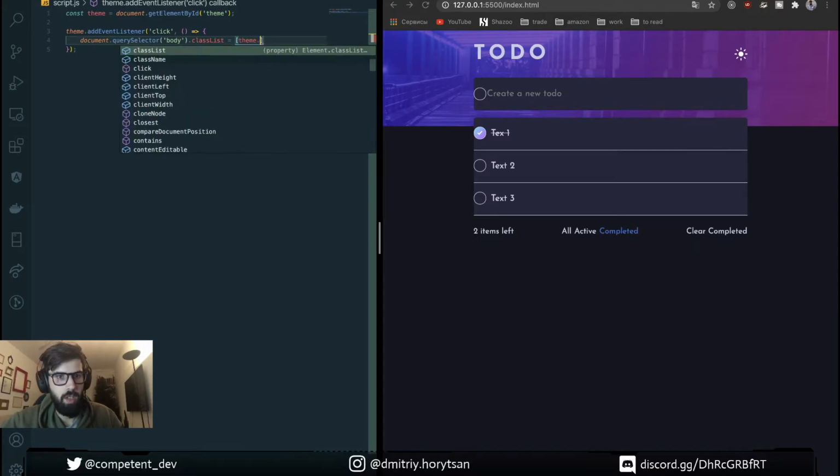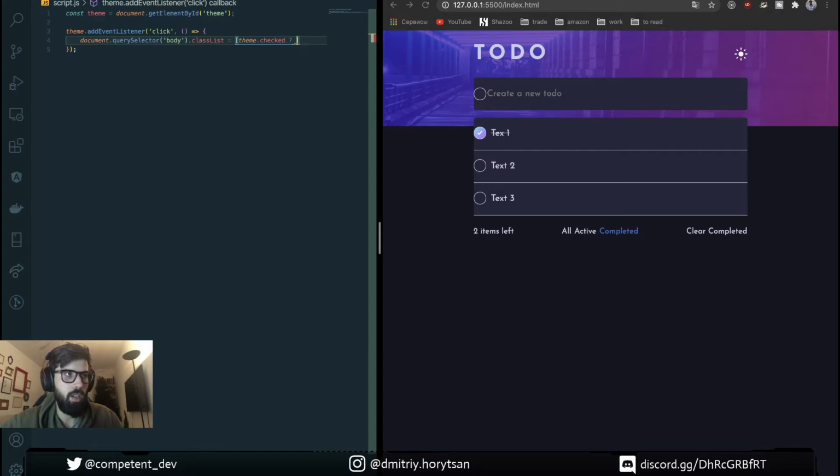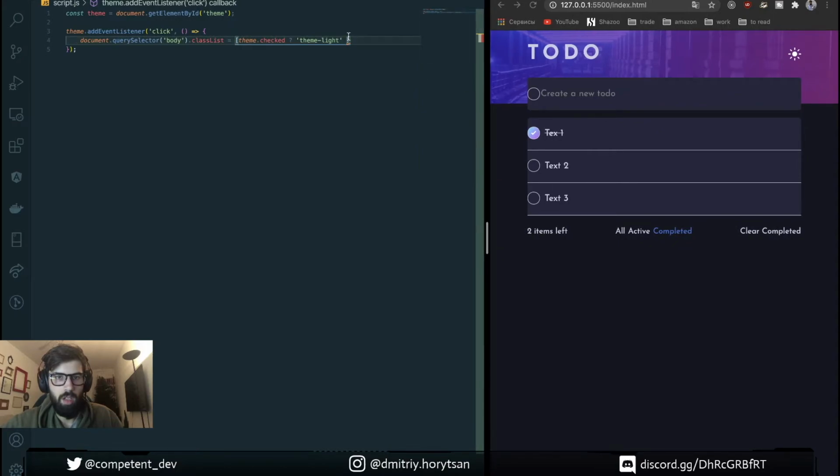So if it's checked, we're gonna put theme white, and if it's not checked, we put theme dark.